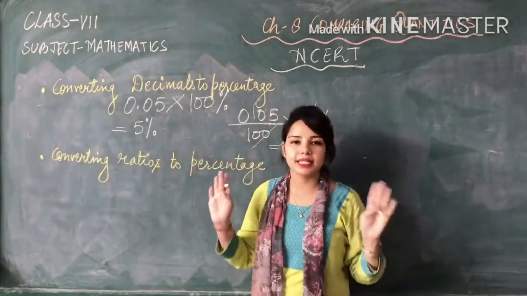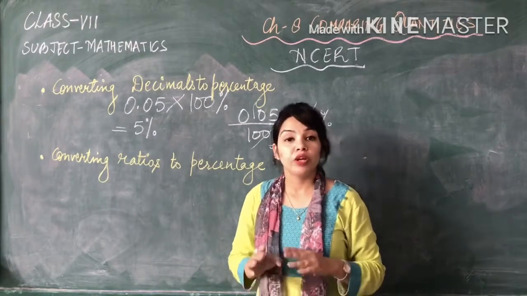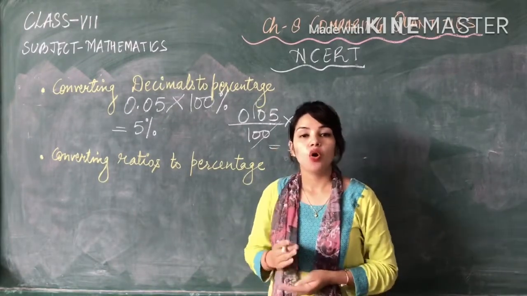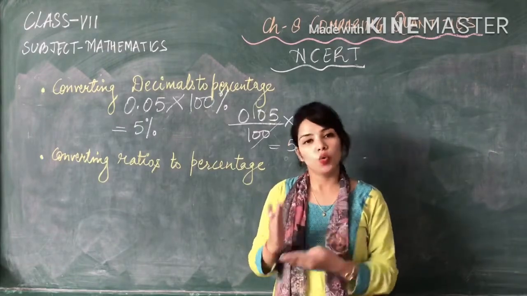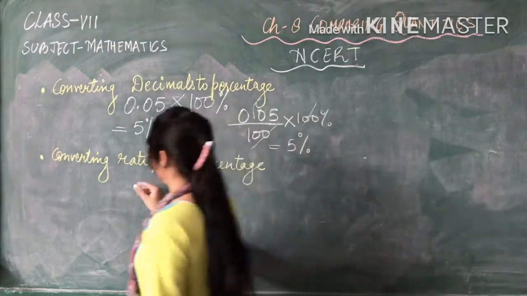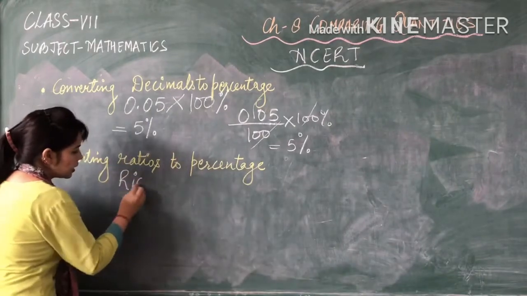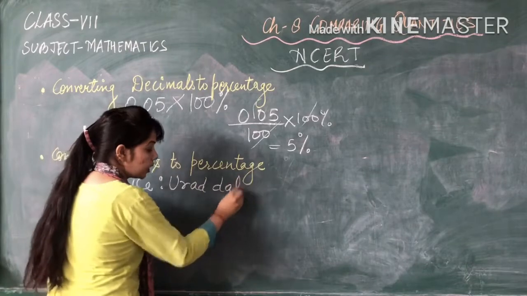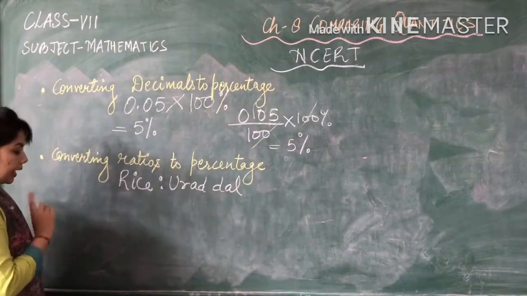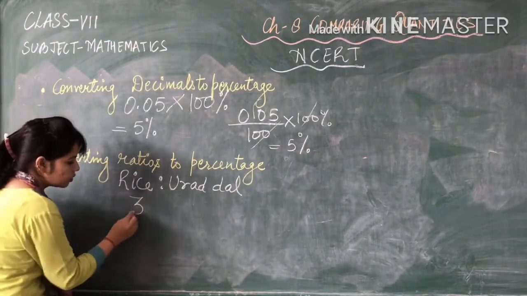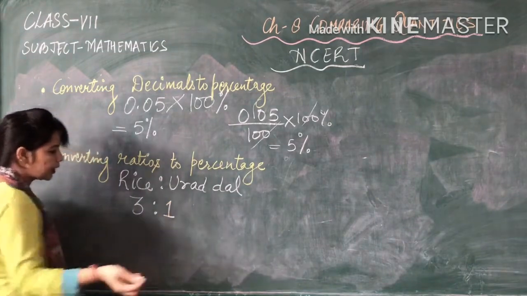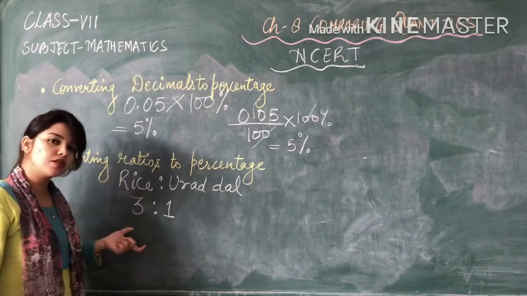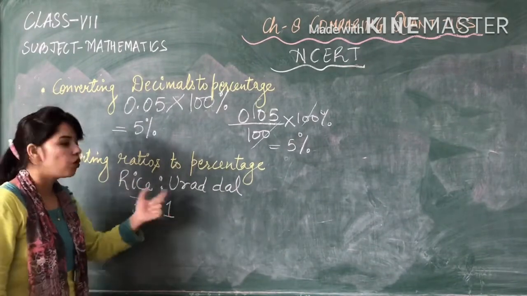Suppose everybody has eaten idlis at home. Now when you make idli, you have to have a proper ratio of rice and urad dal. Okay? So rice and urad dal, their ratio needs to be correct. Now we take 3:1. Some people take 2:1 also. If I am taking 3:1, it's like 3 portions of rice and 1 portion of urad dal.